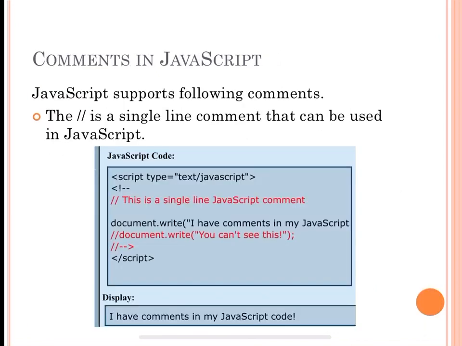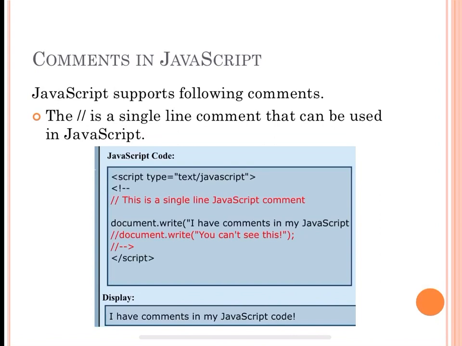Okay, in this slide we'll discuss what are comments in JavaScript. Comments are basically lines in a script that are not to be displayed, that are just for the user's understanding. For example, we have written certain code and in the comment we can give the meaning of that code just for user understanding. It is not displayed in the output. We can give comments in two types, that is a single line comment and a multiple line comment. Single line comment means if you want to write a comment in a single line, you use the double slash symbol.